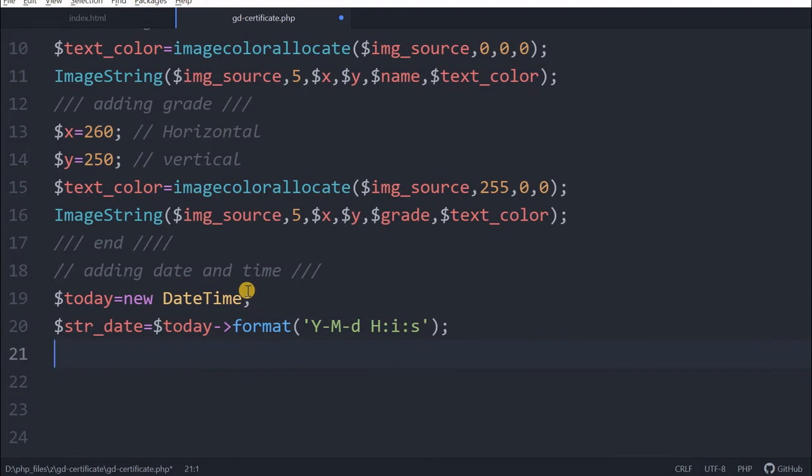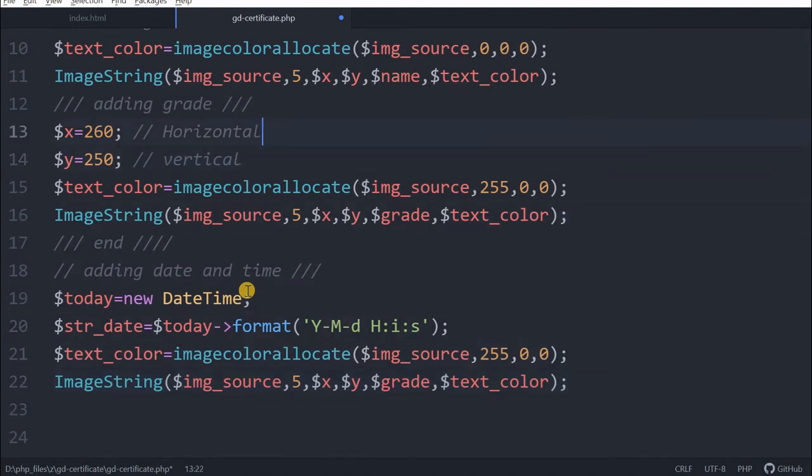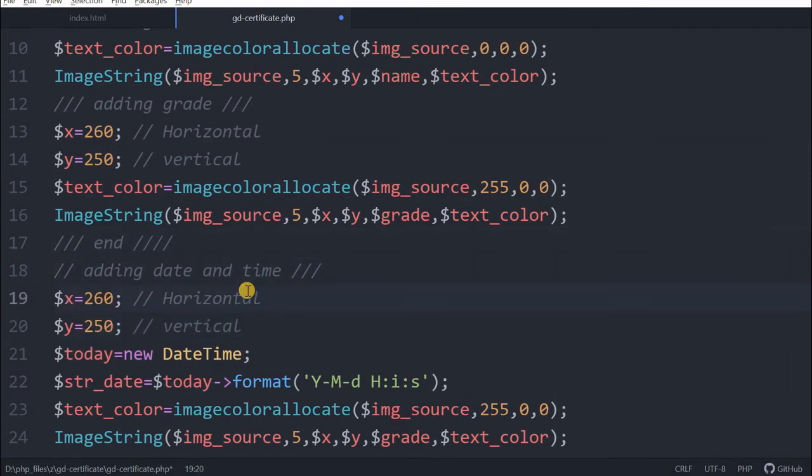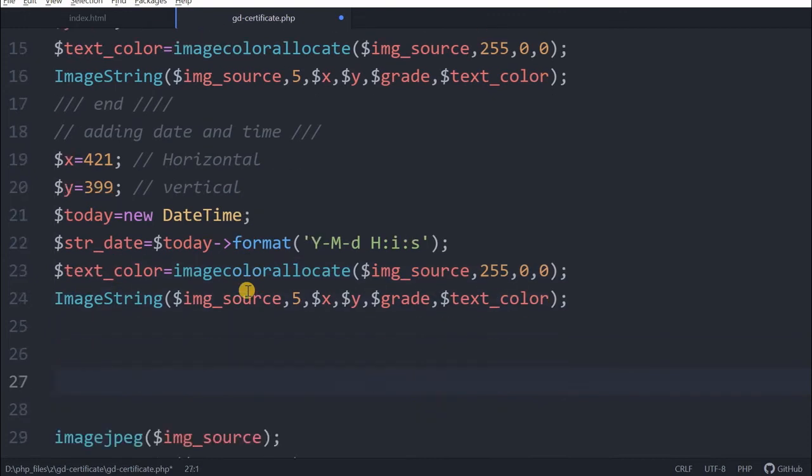So what I will do, let me copy these two lines here and paste it here. Before that, let me take the coordinates also, x and y values. I can put it here. This time I know it is towards the bottom and to the right, so x also will move. X I will put as 421. Again, this is by experiment I found out, and there is a way to know it also. So 399. Here I think I will reduce the font for the date, I will bring it to 4 again.